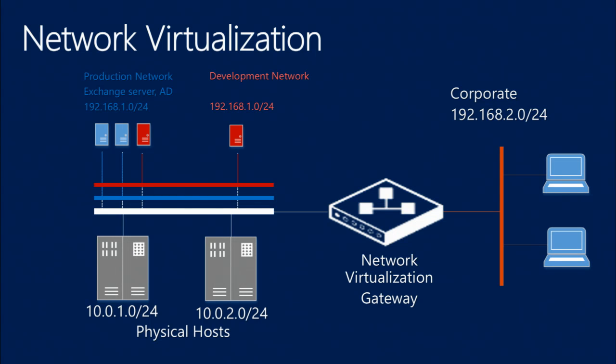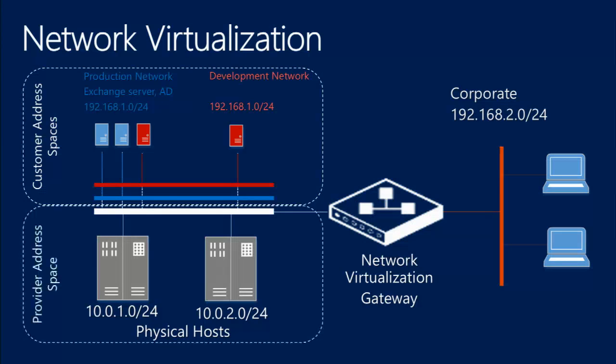Now, a virtual network, at some point, has to connect to the outside world, and that's what the network virtualization gateway is for. It bridges the virtual world with the physical world. And so as packets come in from the outside world,